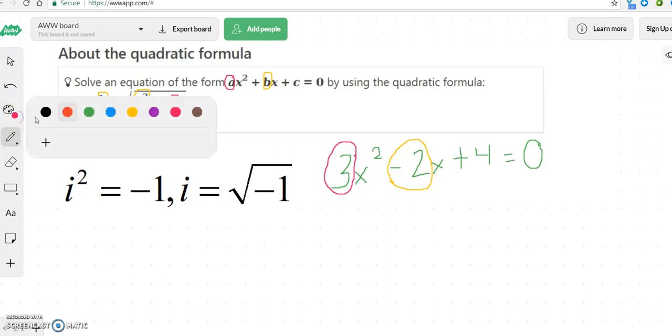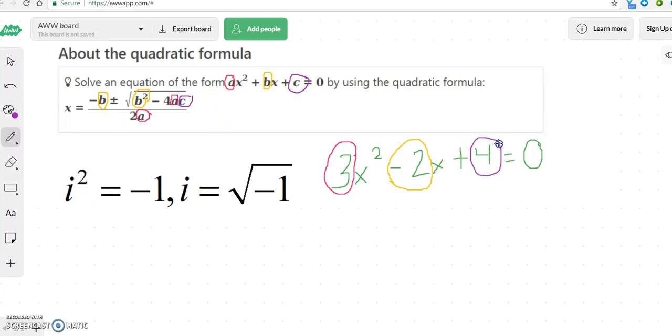Now the last thing we're going to look at is the C, which is right here, and it's right here. Okay, so now what we have is everything that we need in theory to be able to solve this problem. So I'm going to rewrite it like this, except I'm going to use these numbers in place of what you see here. Okay, so we have x equals negative, our b is a -2,